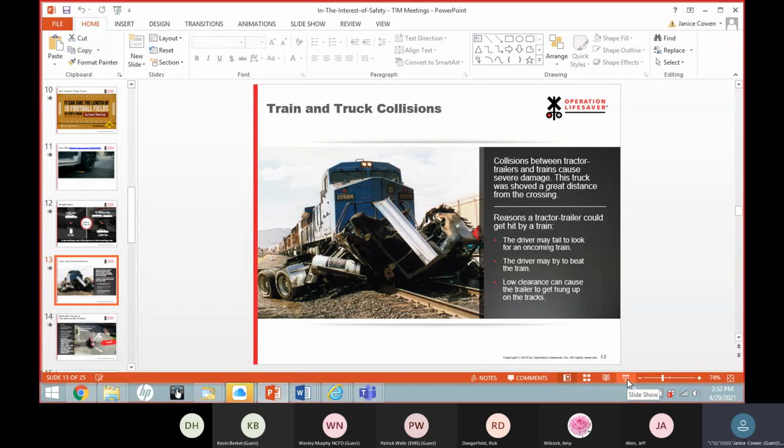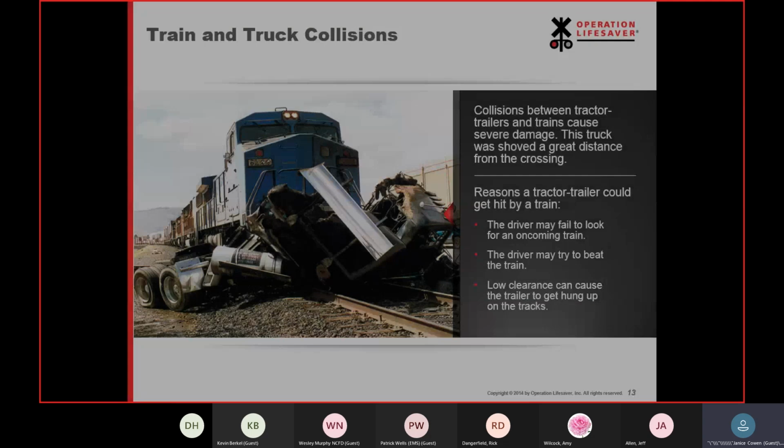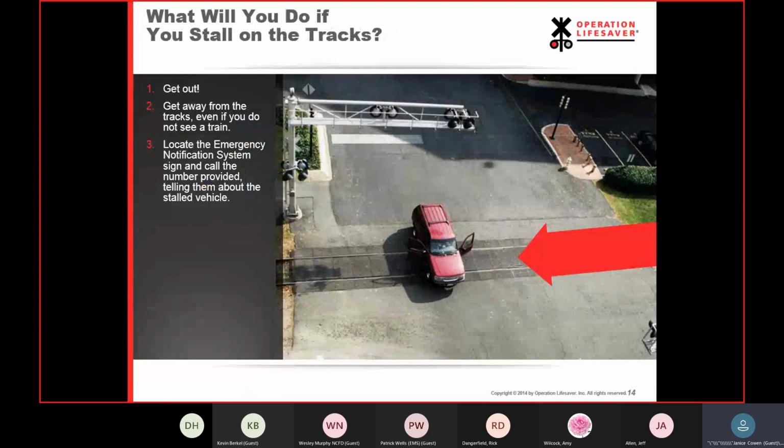Okay, all right. So I am just going to switch down to the next slide real quickly, because this is the most important aspect: what to do in case of an emergency. And of course, that's to get out of the vehicle. We tell people that in our presentations, but also if you're responding to a location of an emergency, please just make sure that anybody that may still be in their car gets out immediately. And then of course, if you were there, don't ever try to restart it or move it until we have